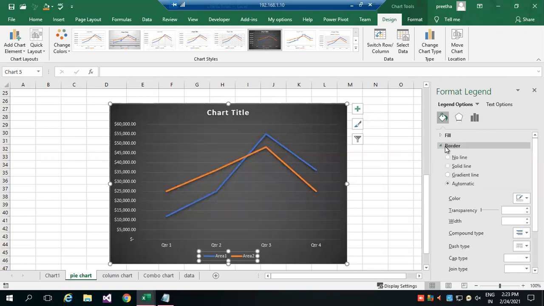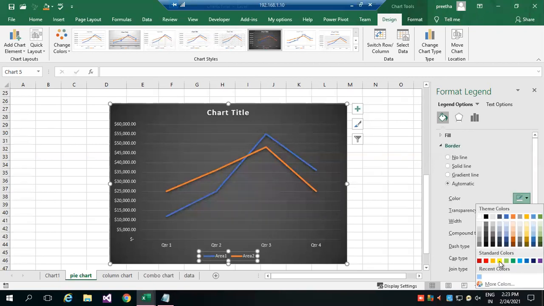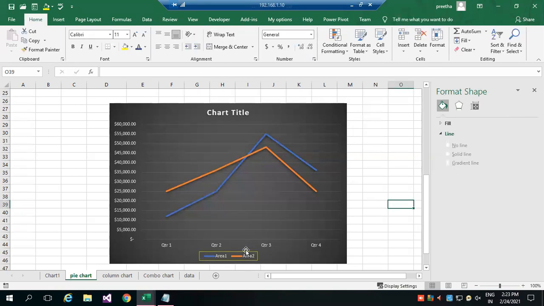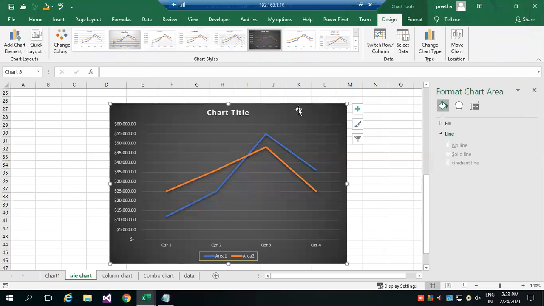I wanted to make it outline with yellow color, so I'll use the compound type. Only the legend gets a yellow color border. Blue color line represents area 1, orange color line area 2. All this you can format. Everything you have to come over here and you can change it.